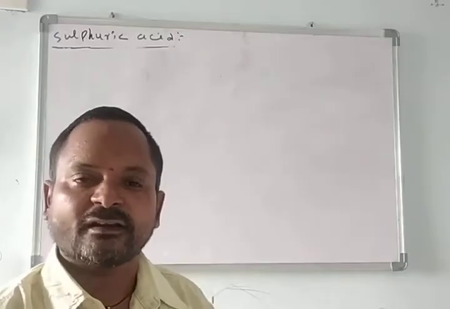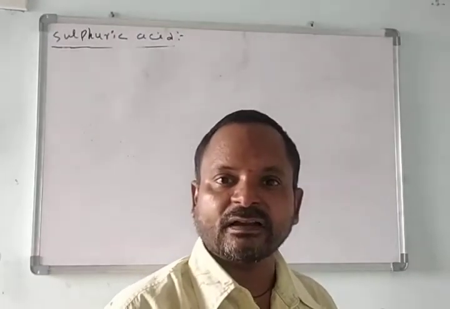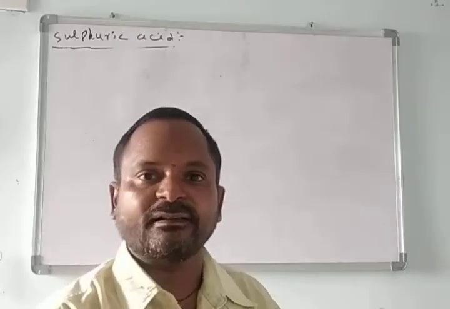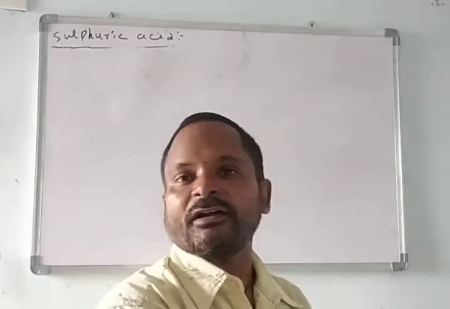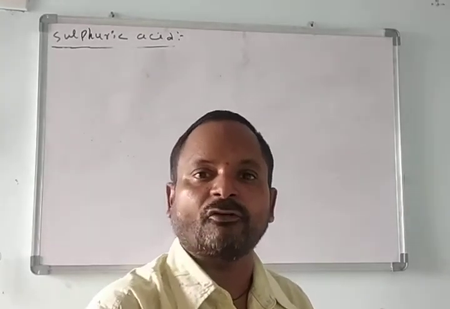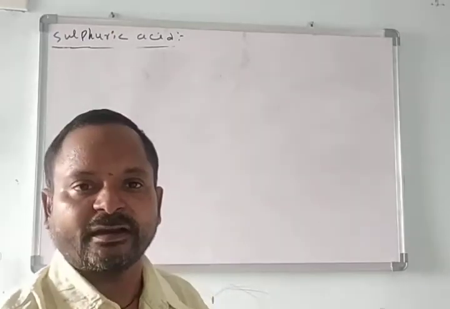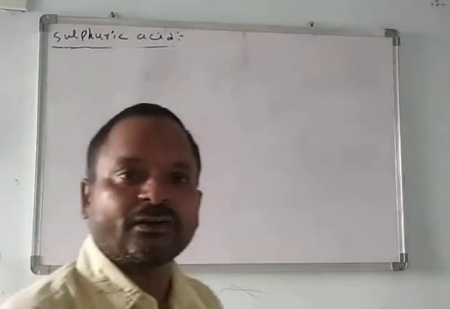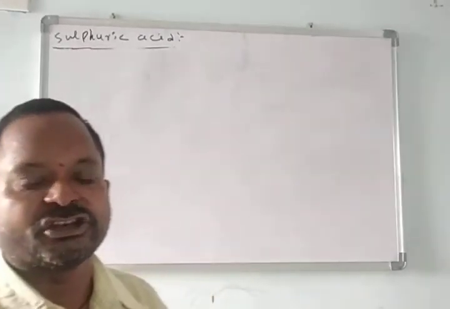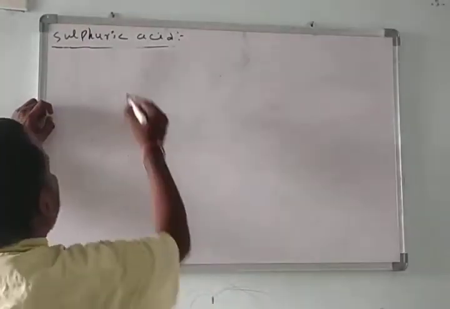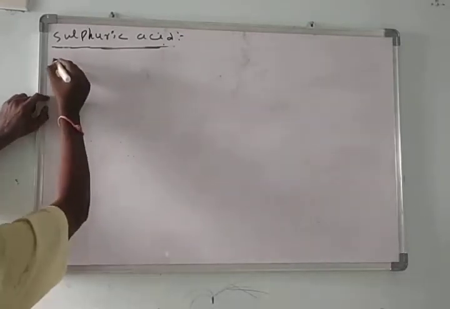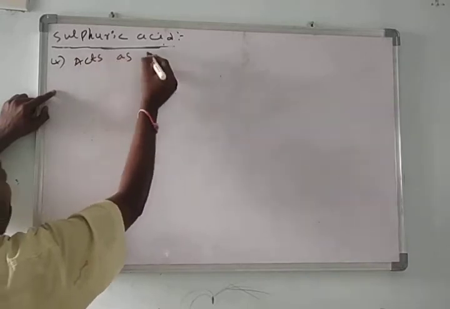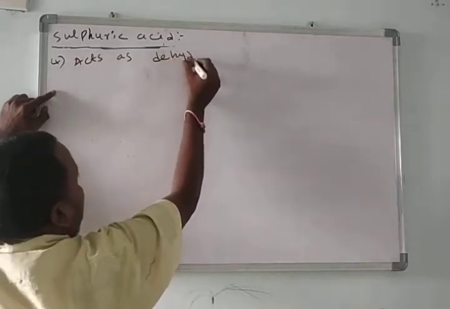Finally, what do we have? Only carbon. For example, if you take sugar, a carbohydrate, and add sulfuric acid, what happens? It removes water from sugar. We only have the carbon, the black colored material. That is the identification test. Sulfuric acid is also used to distinguish carbohydrates. Okay, so an important property of sulfuric acid is that it acts as a dehydrating agent.